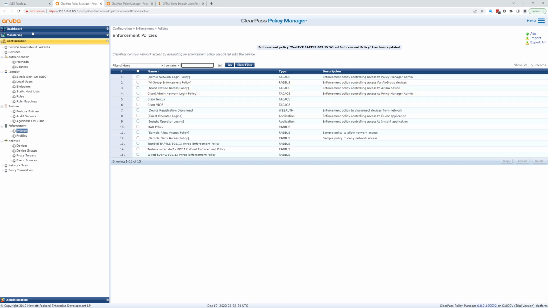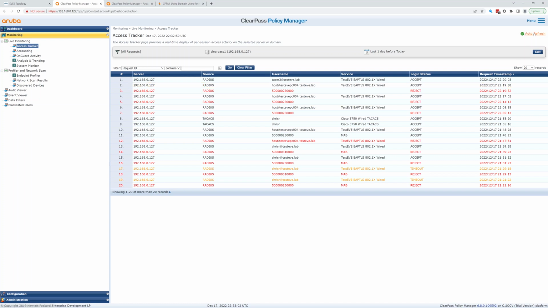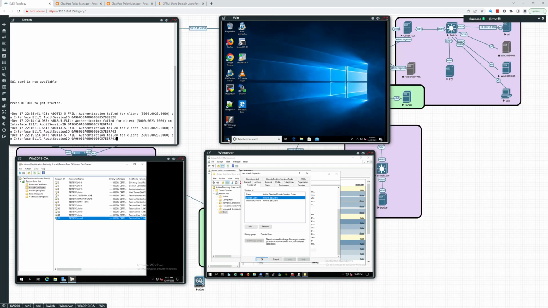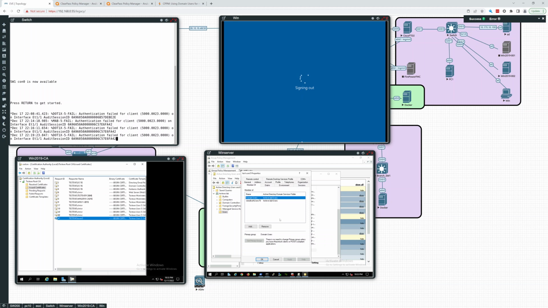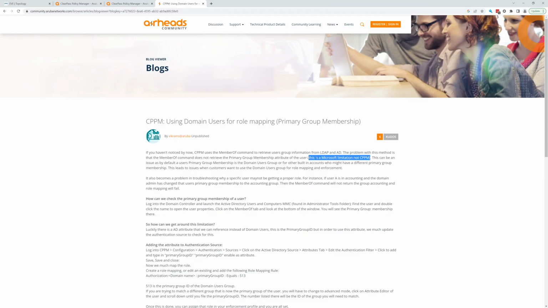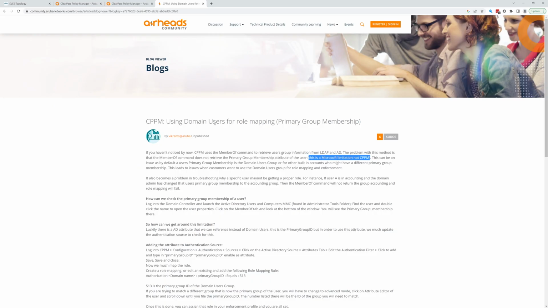Let's see if that forced a recalculation here of the system. I'm not sure if it did anything. 2220. So no, it did not. All right, so we're going to want to do this. Let's go here. Let's sign out. And we'll try logging back in. But that's the key. So the primary group. Let me go back and finish this. Sign out anyway. So the primary group,